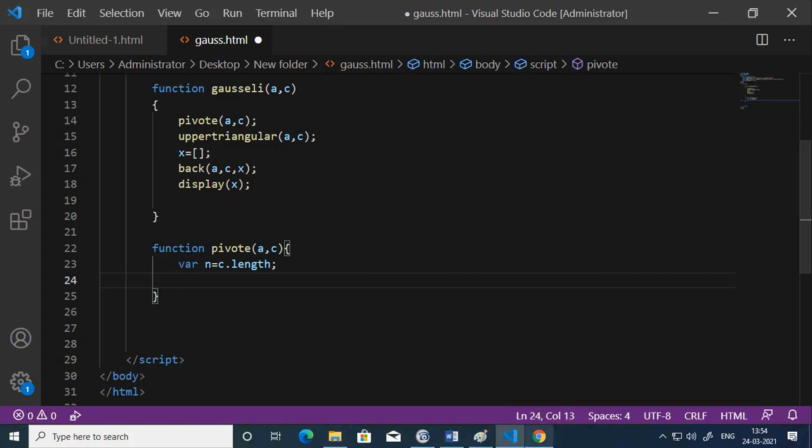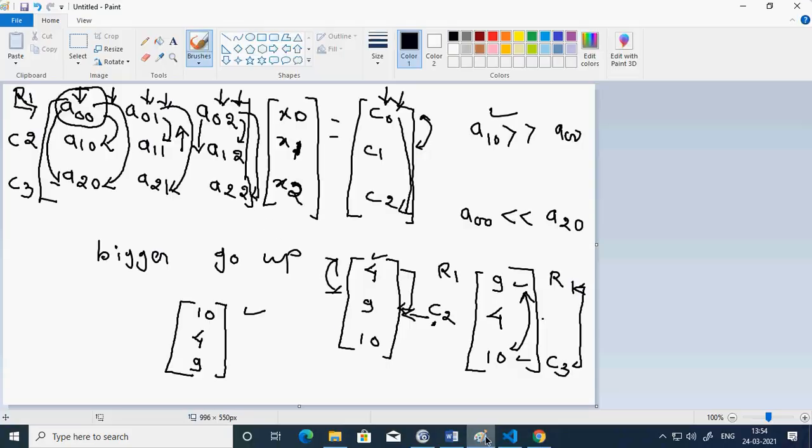Now what do I do? So this R1, okay, this R1, I represent with variable I, because it is my reference row. So my reference row I represent with the help of I. And what is going to happen?